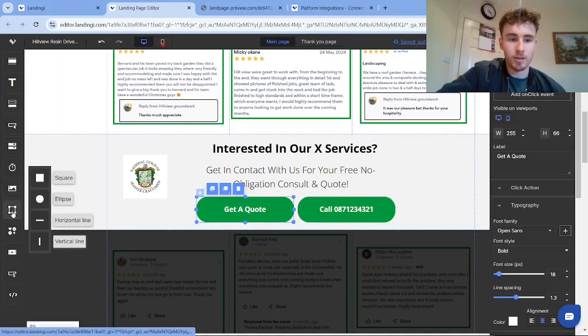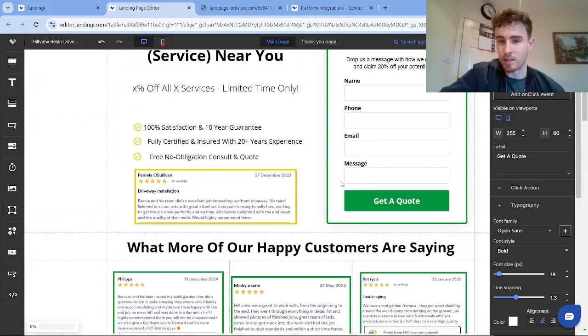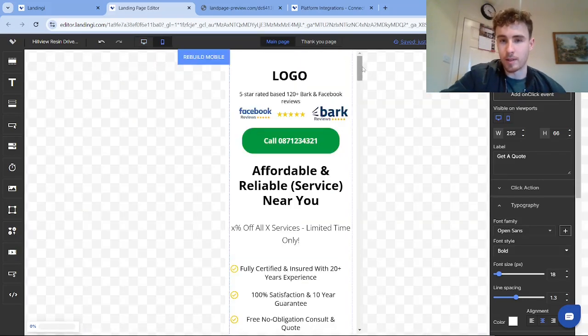And a lot of the smaller details as well, like icons, shapes, and things like that, and anything else really that you can expect to get on a website builder, but just a lot more simple and easy to use, is how I'd summarize creating a landing page inside Landingly. And everything is going to be optimized for mobile as well, so it's not something that needs to be worried